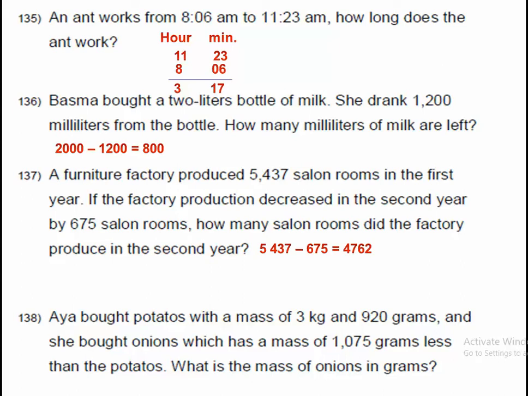Aya bought potatoes with a mass of 3 kg and 920 grams, and she bought onions which have a mass of 1,075 grams less than the potatoes. What is the mass of the onions? Let's see. It will be 3,920 minus 1,075. It will be